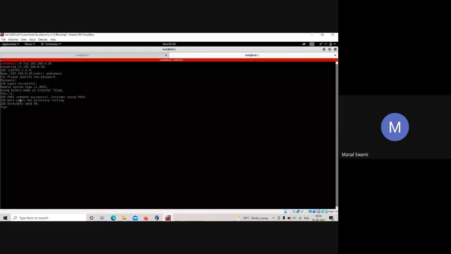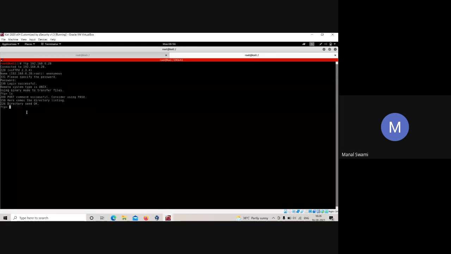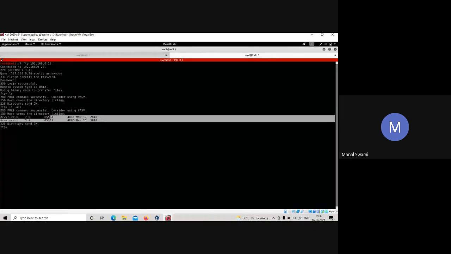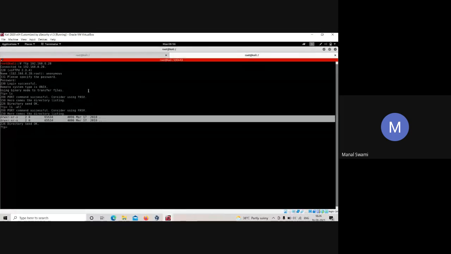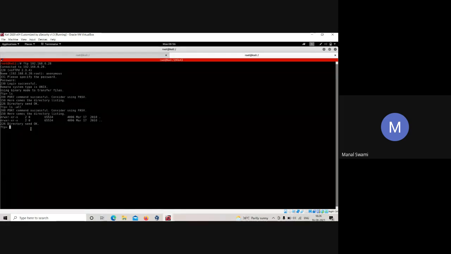I got this thing, but it is not properly defined what these things are. If I do ls -all, over here, see, I got directories, but I don't know what these things are. This is why I am restricted to this particular port. If I get into a system using FTP port, this is what I am restricted to.